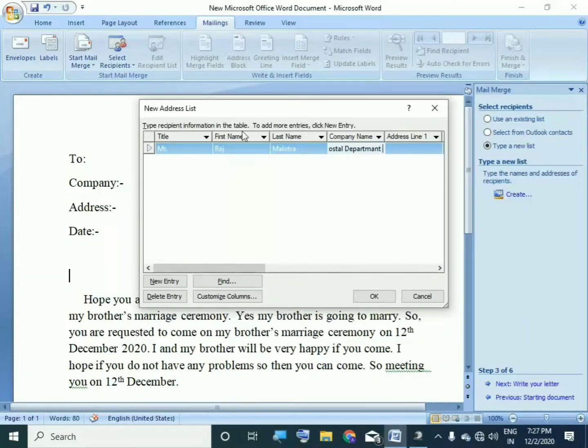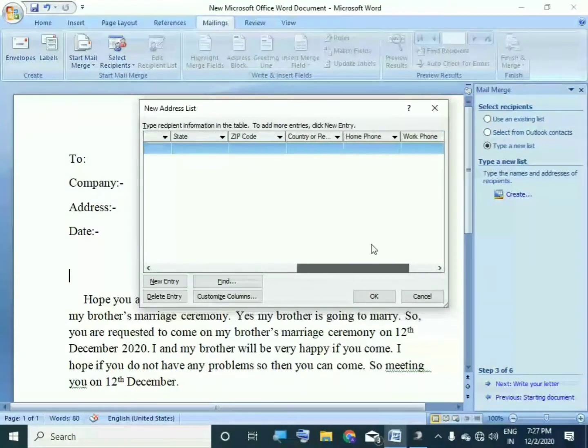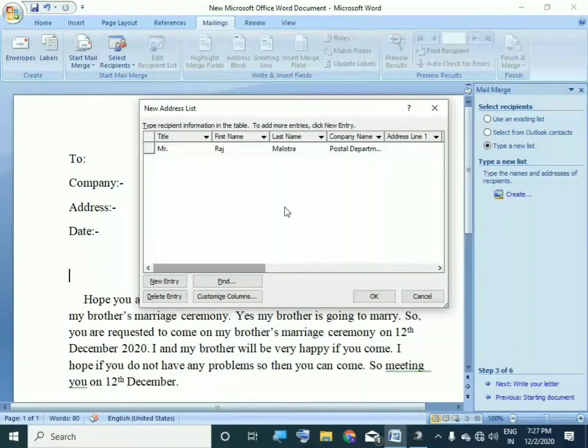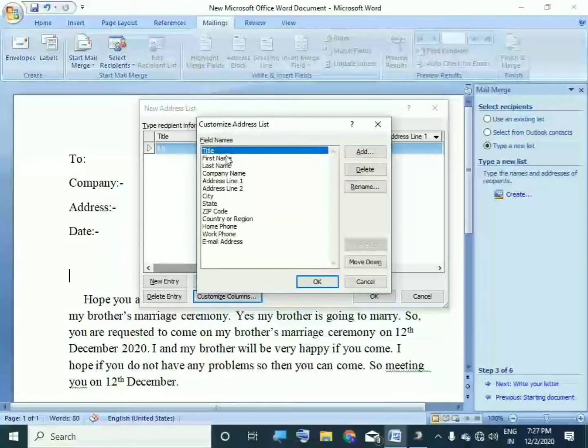Then here we want to add something. Here we can add or we can delete it. So what we have to do, we will just customize column. We will press customize column.